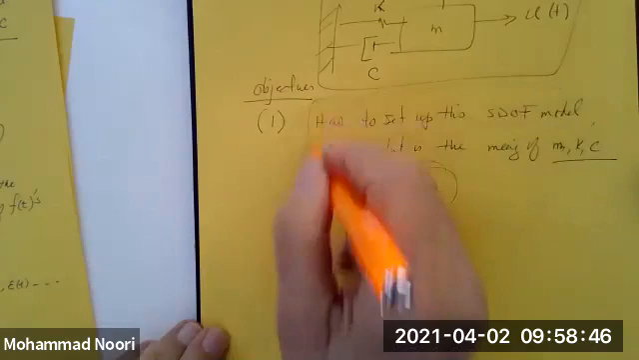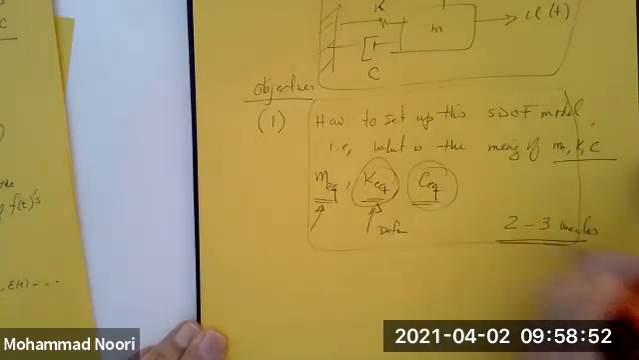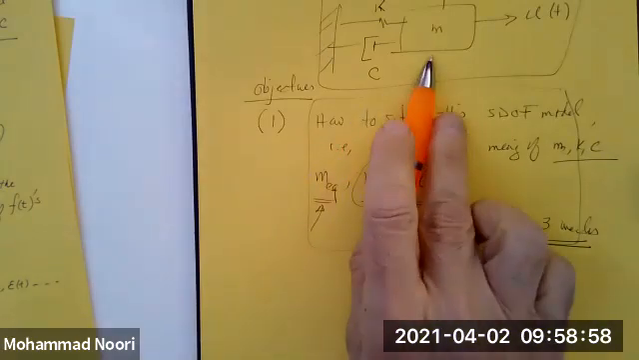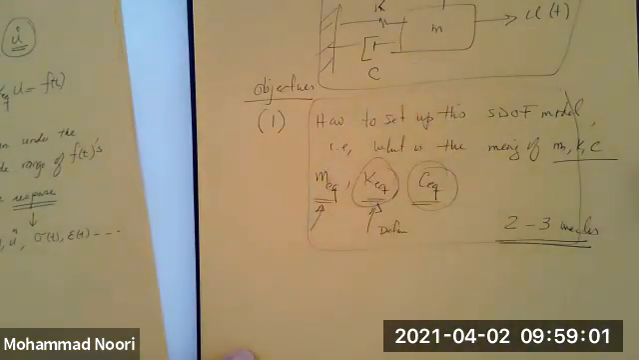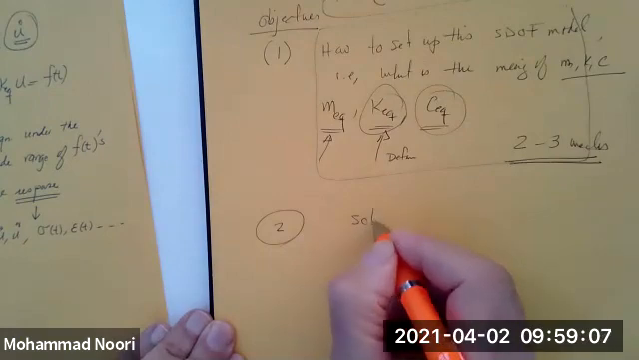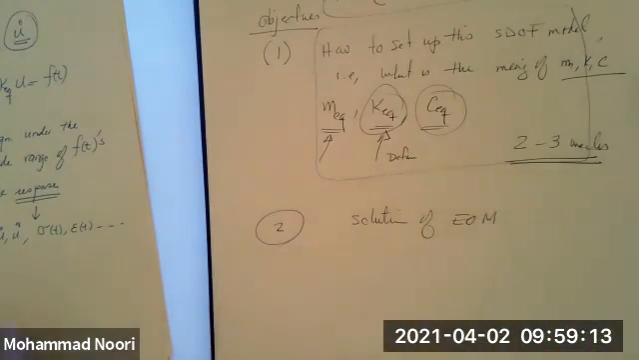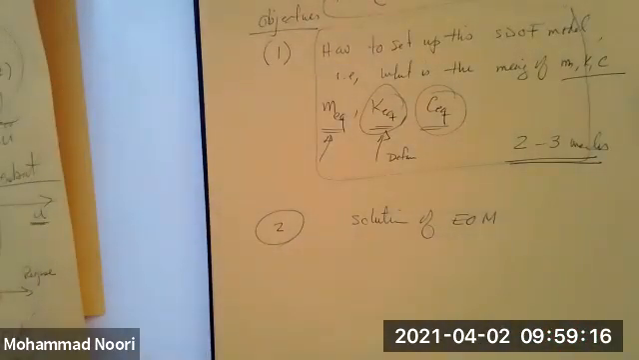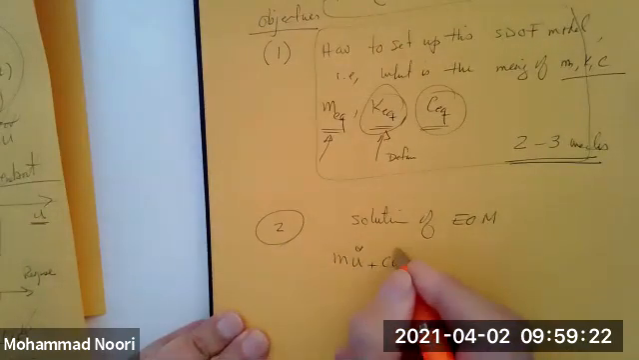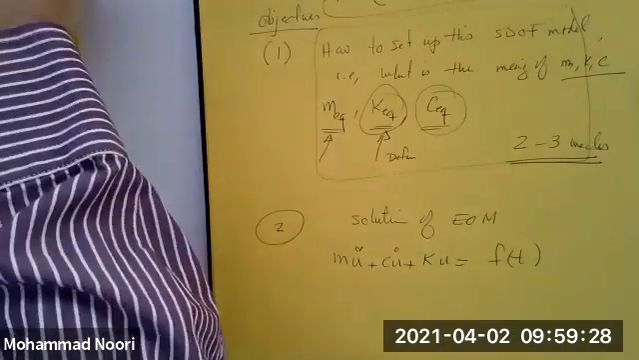So once we spend 2 or 3 weeks in doing that, we have been able to model any structure in the world by this single degree of freedom system. And once we've done that, then the second objective is the solution of this equation of motion. And this equation of motion that I'm going to rewrite again here, okay, as you can see, we are going to study that